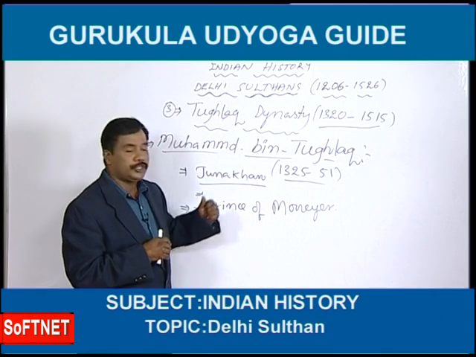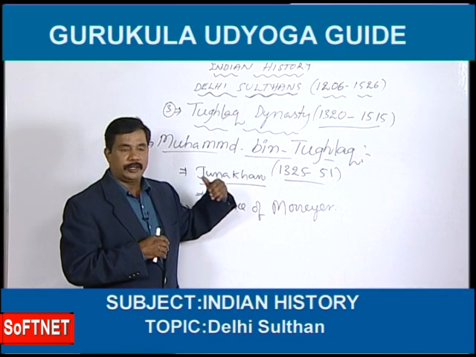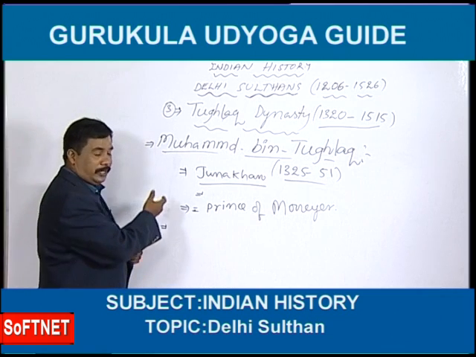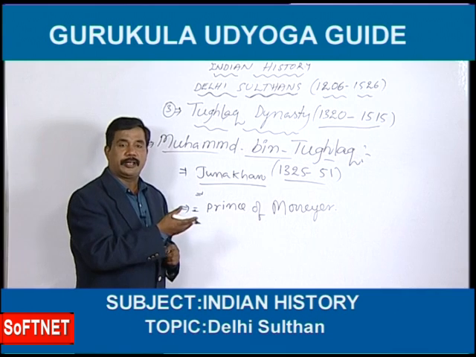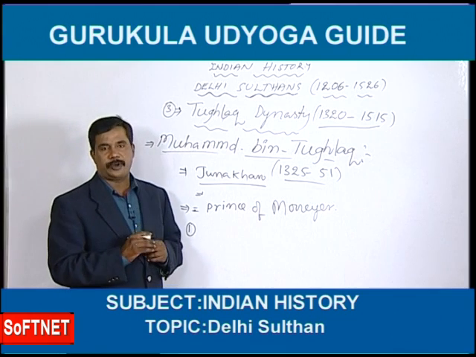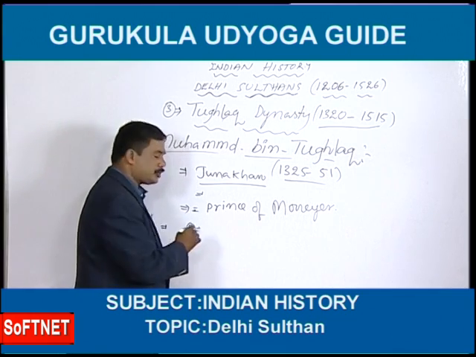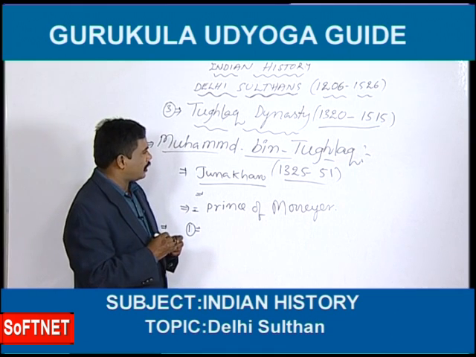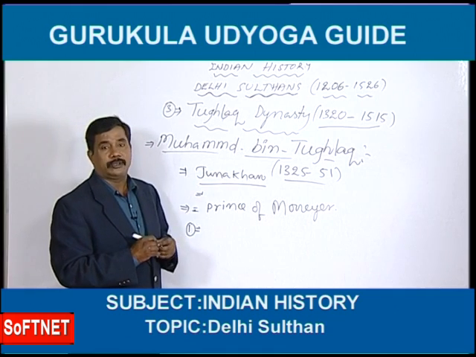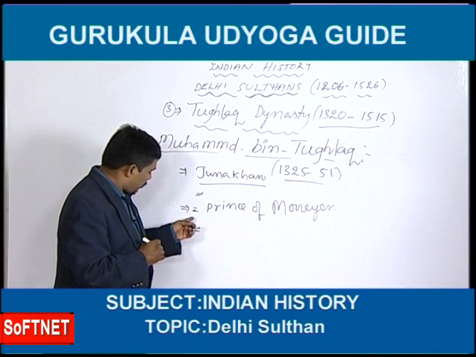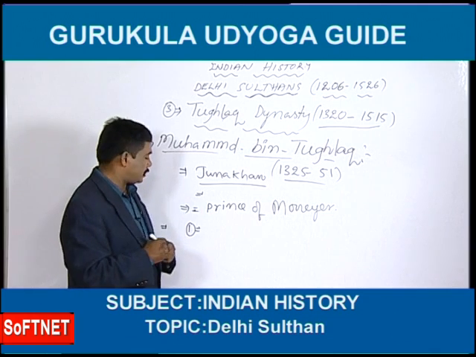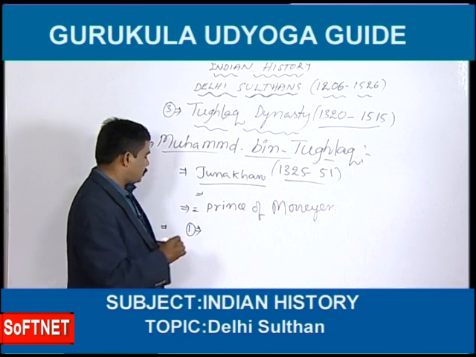But what are the decisions? What are the reforms, or the systems he introduced? Actually, he took 5 decisions. He implemented 5 systems, but we can say three are the most important decisions, and these decisions gave wrong results. Because of that, he became the mad Tughlaq. In usual speech, we say mad Tughlaq because of these reasons. These decisions were correct decisions, but they gave bad results. Among those decisions, the first decision is